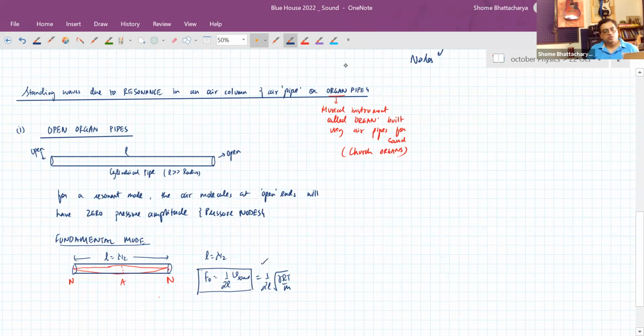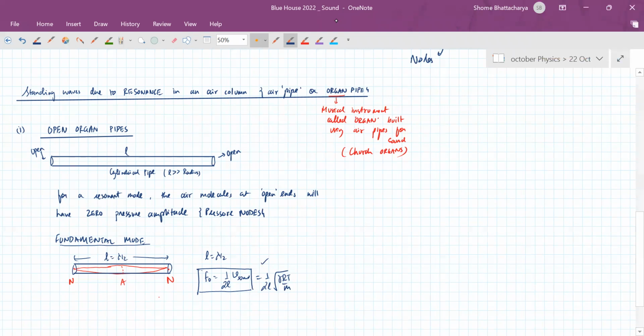Okay. Fundamental mode of vibration, or fundamental mode of resonance, for an open organ pipe. An open organ pipe being a cylindrical pipe which is open at both the ends. So the open ends act like pressure nodes because the air there is in contact with atmospheric air,